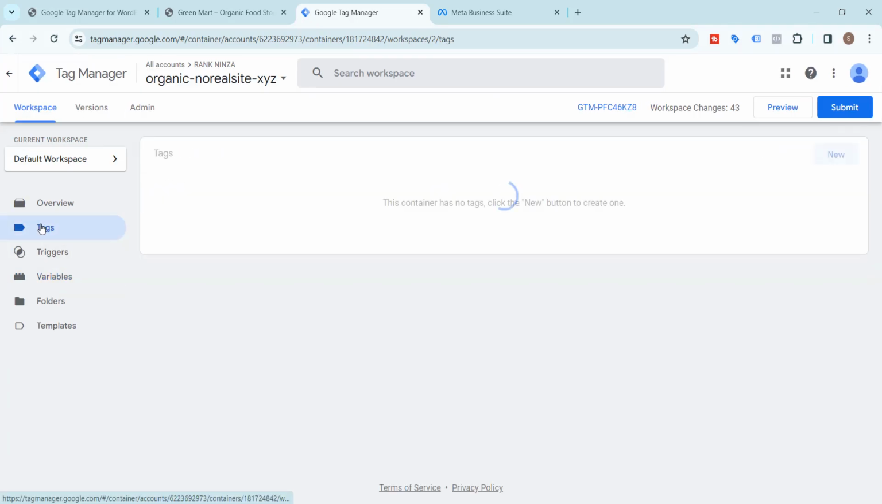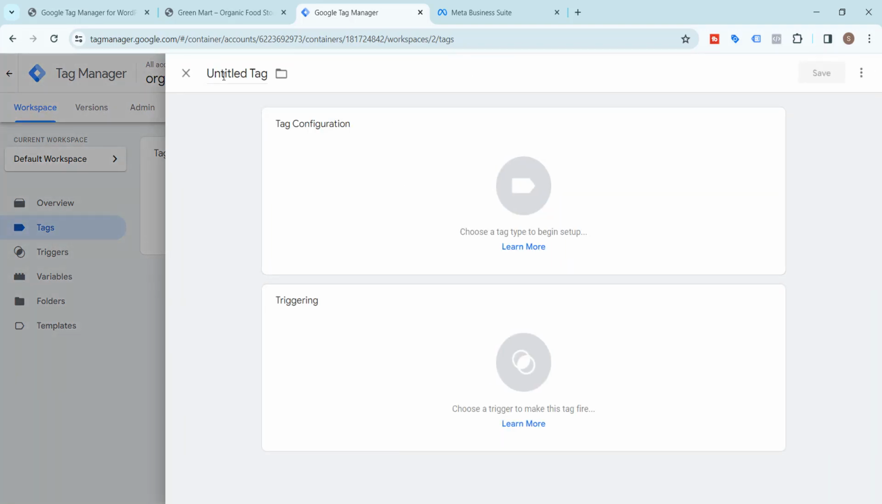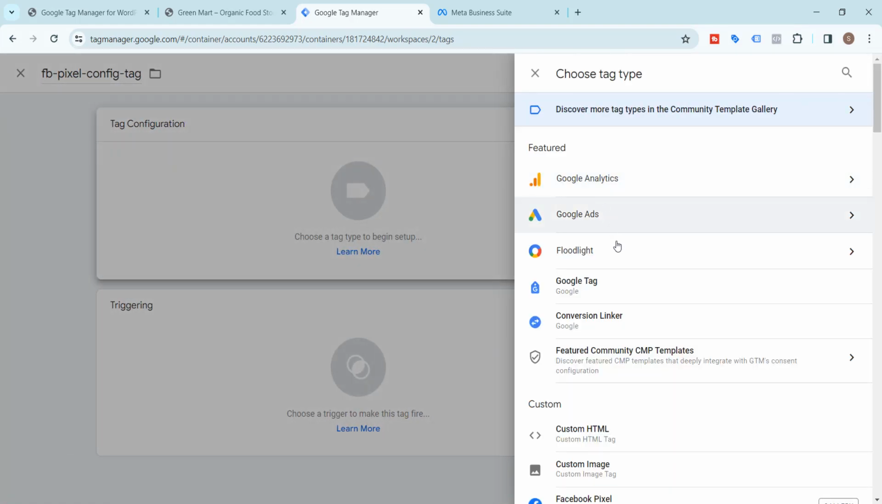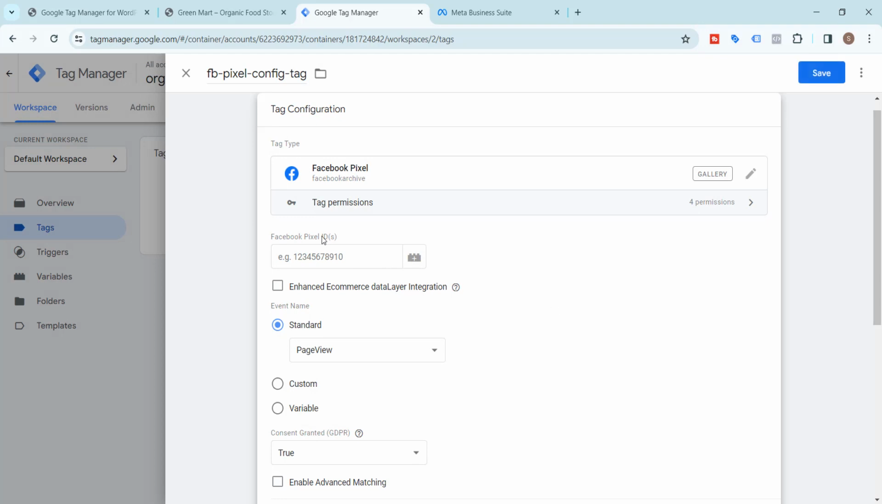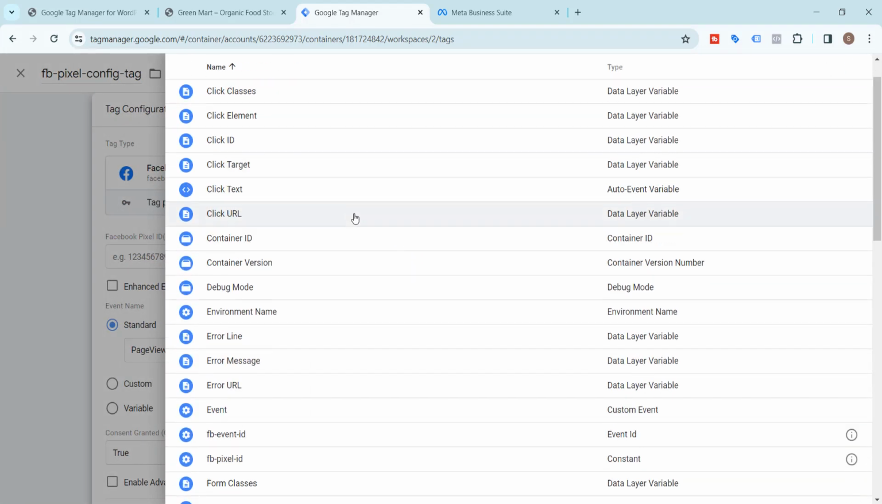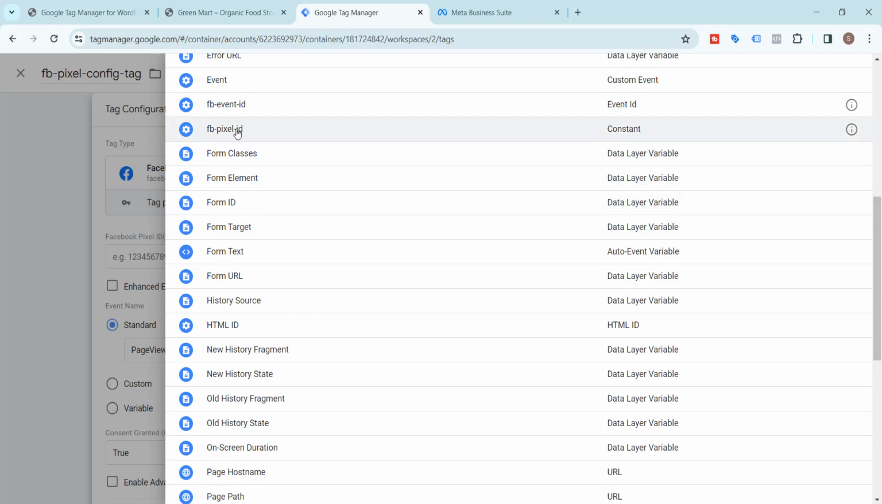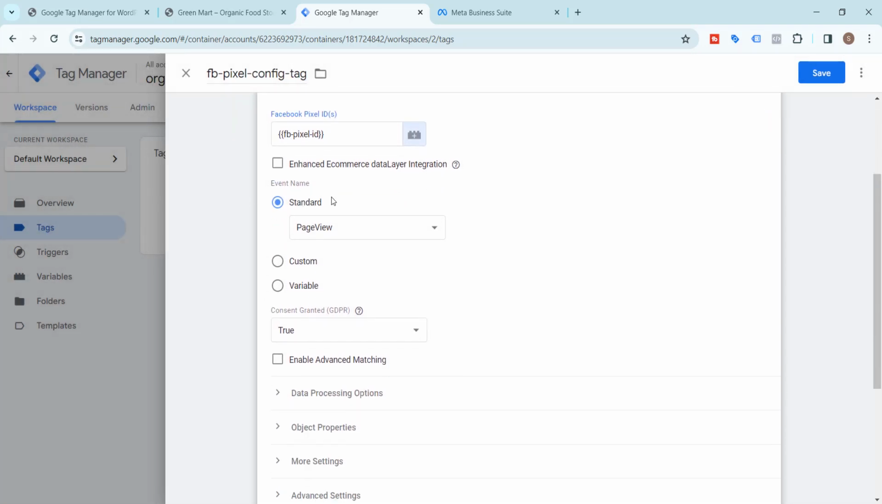Okay, now it's time to create a tag. The first tag should be the configure tag. So FB pixel config tag, and the tag type should be Facebook pixel, and it is asking for the pixel ID. As I will need it several times, I have already created a variable and put the ID there. So I will use that here. It is FB pixel ID, and the standard event is page view,